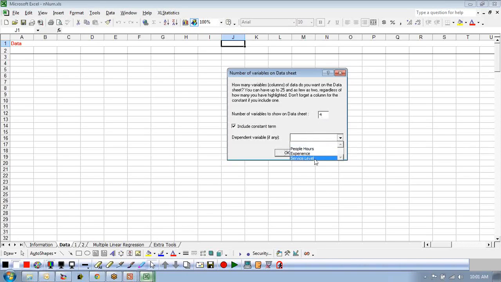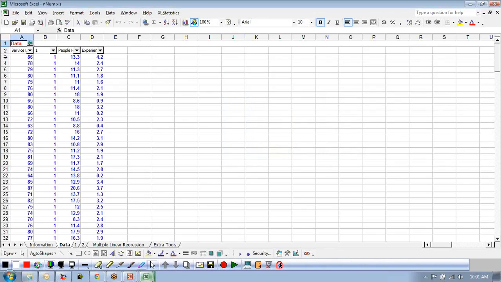Okay, here we'll also want to put in what the dependent variable is, because we know it. It's, in this case, service level. So let's go ahead and do that. There we have it right there. You can see it just makes sense. Here's the constant, so it creates a column for the constant, one for people hours and one for experience level,